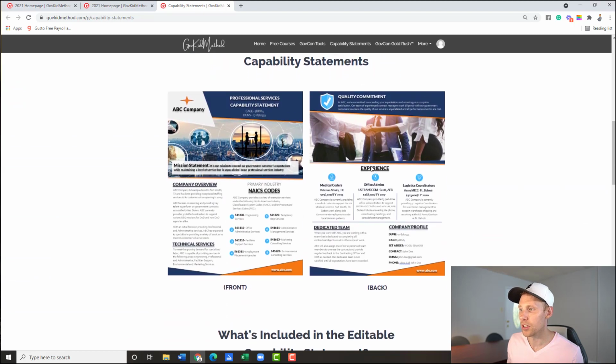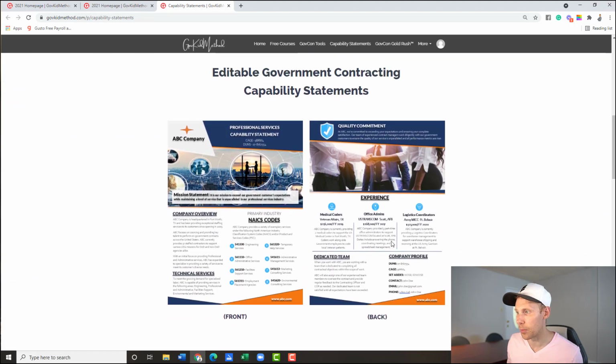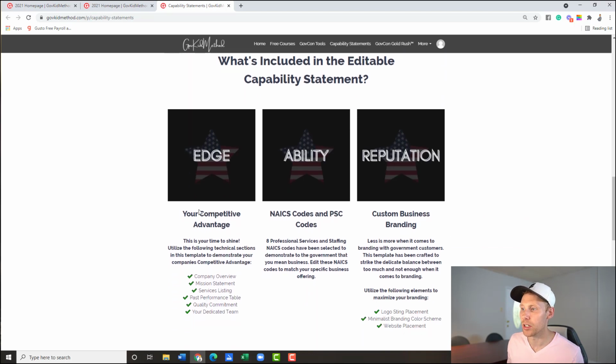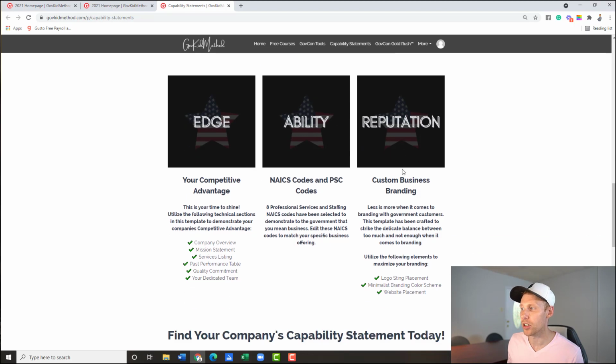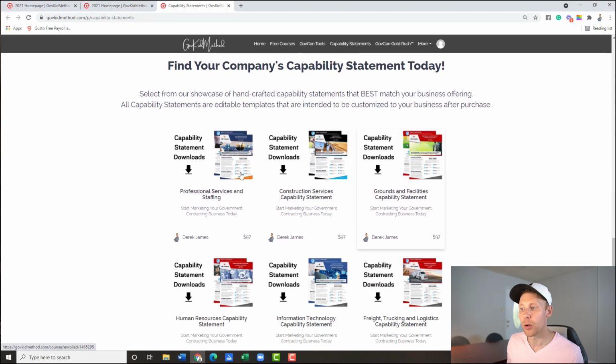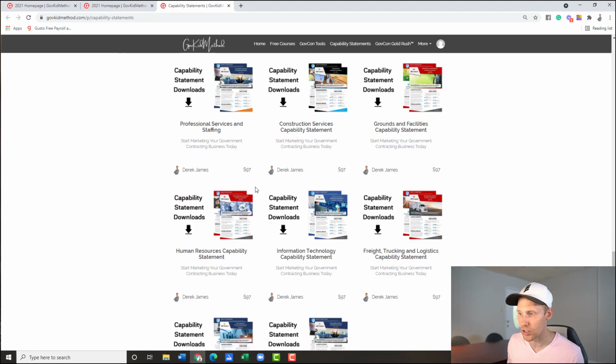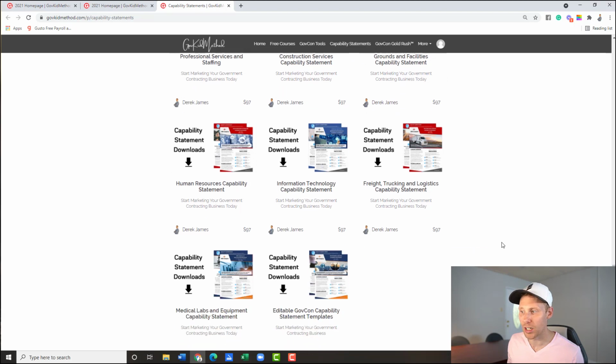Yes, I built these. You get to see an example of what a front and back would look like and could look like for your business. We hammer in on a few points on these statements: your edge, your company's ability, and your company's reputation. And probably most importantly, you get to see a layout of the different styles and the different industries. Maybe you can find one that's a fit for your business that you can actually click on further and learn